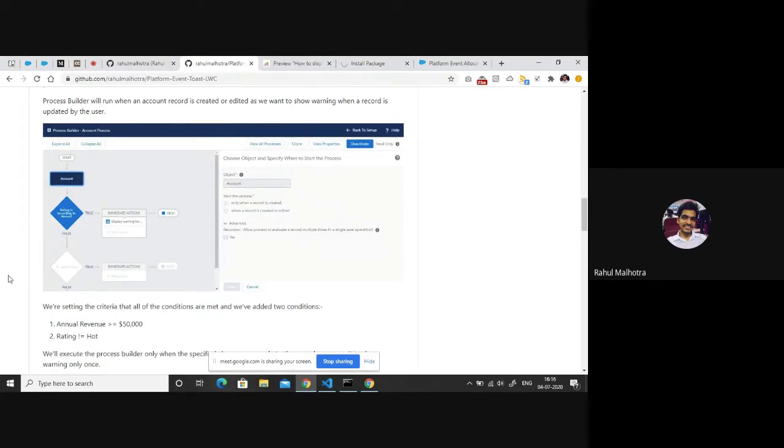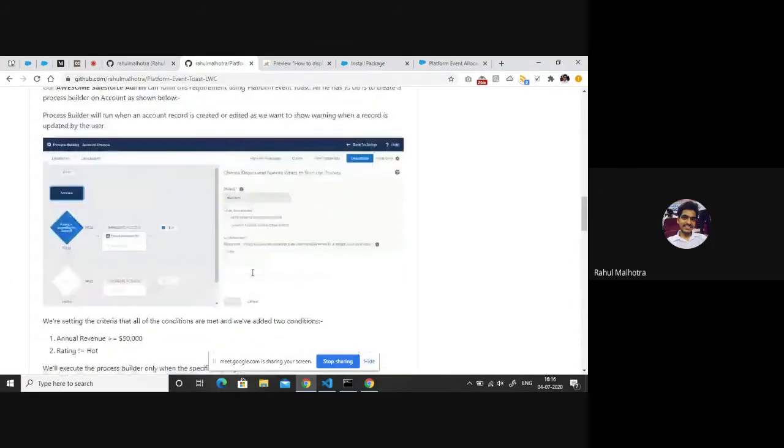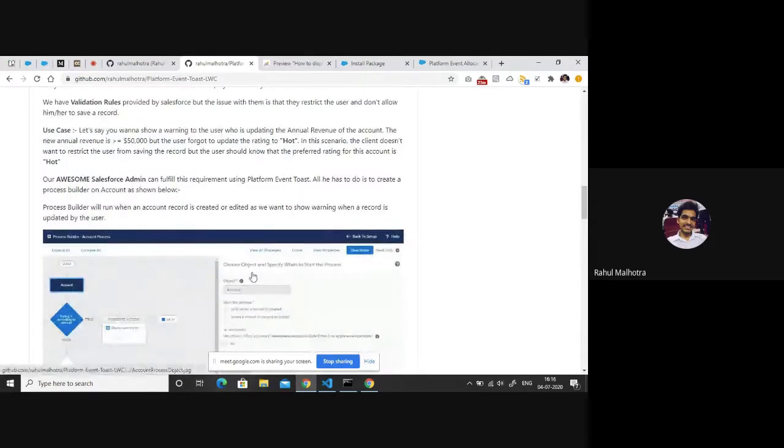In that case, the easiest thing you can think of is to create a validation rule and show the user that they need to change the account rating because the revenue is more than 50,000, so the rating should be hot, right? But the validation rule has one limitation: it will stop you from saving the record until you change the rating to hot.